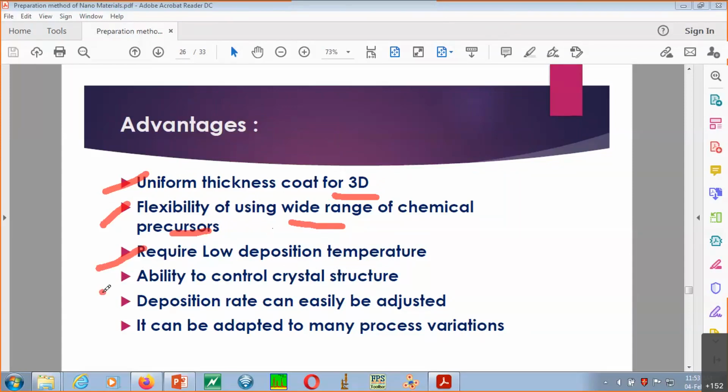Fine. Fourth one, you can control the crystal structure. As I said, you can get 1D material also, you can get 2D also, and if you want you can get 3D material also. So you are having that ability to control the crystal structure. Fine. This one, deposition rate can also be adjusted. So this also you can adjust based on the trial error. Okay, so after certain time, when you do multiple trials, you will come to know ki, yes, in which time 1D structure may be created or 2D may be created. So the time or the rate you can decide, you can adjust it.